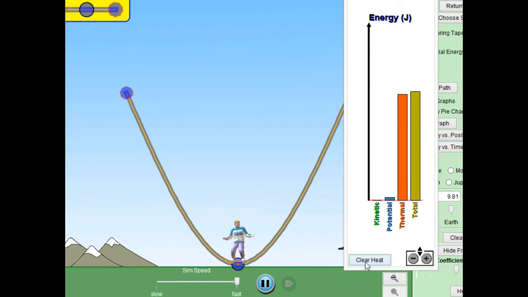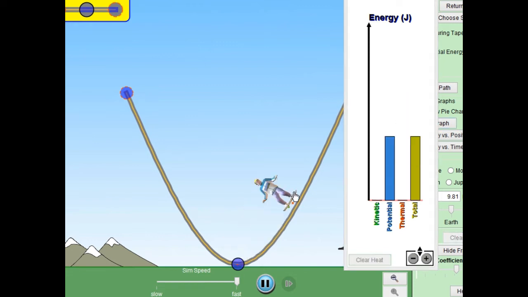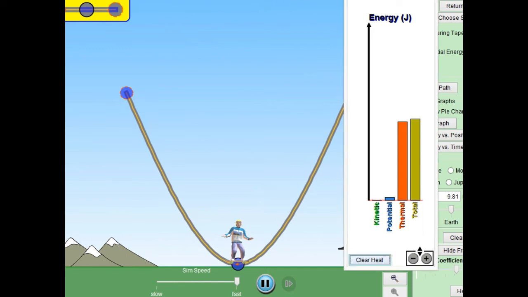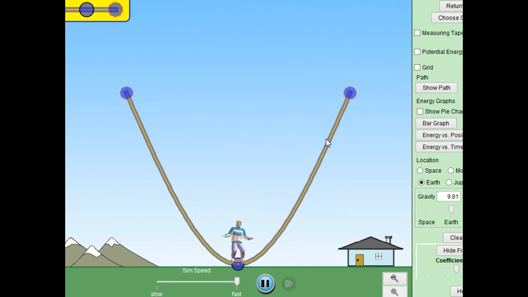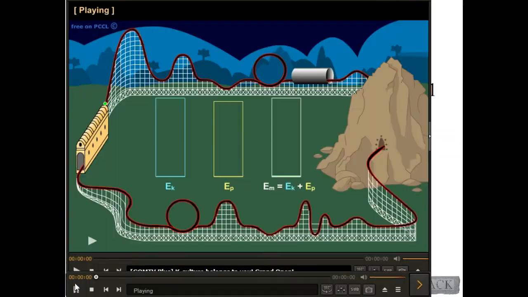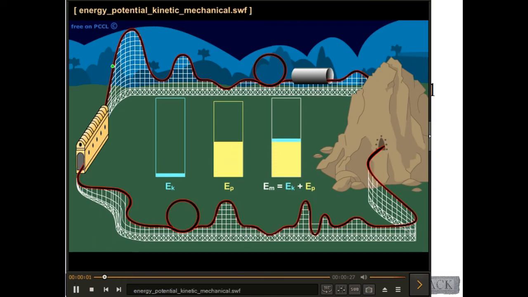I can repeat the animation a little bit. Look, the kinetic energy is decreasing, decreasing, decreasing, till potential and kinetic are minimal, and the energy is converted to thermal energy. Because we have a non-conservative force here, mechanical energy is no longer conserved. A nice example for conservative and non-conservative mechanical energy.